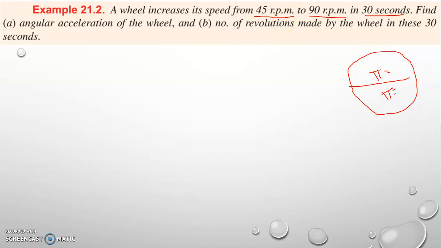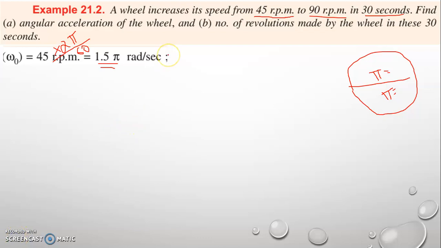We will write the equation in terms of seconds. To convert per minute to per second, we will be dividing it by 60. So 45 rpm can be written as 1.5 pi radians per second. This is obtained by 45 into 2 pi for converting into radians, and to convert into seconds, we divide by 60. So 2 into 45 is 90, divided by 60, that is equal to 1.5 pi radians per second.